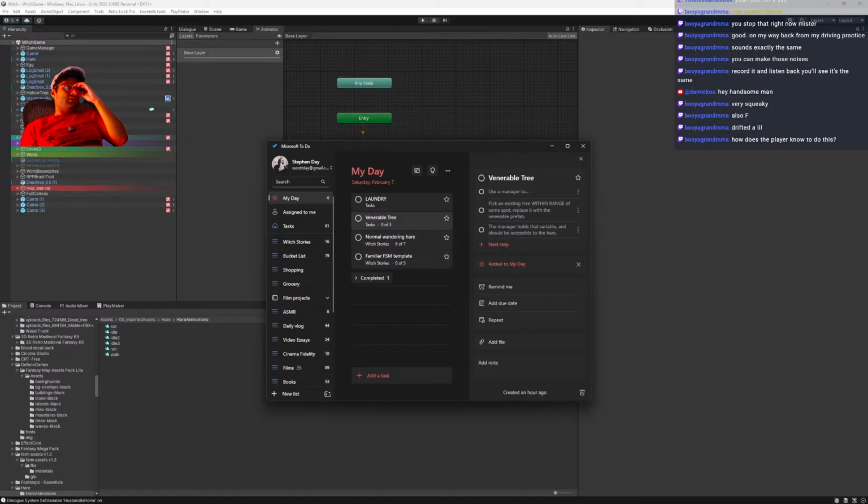How does the player know to do this? I was like, oh, is this a playmaker question? How does the player know to do this? So all of the crazy witchy, spiritual, ritual type of stuff that you do in this game is going to be discoverable in-game